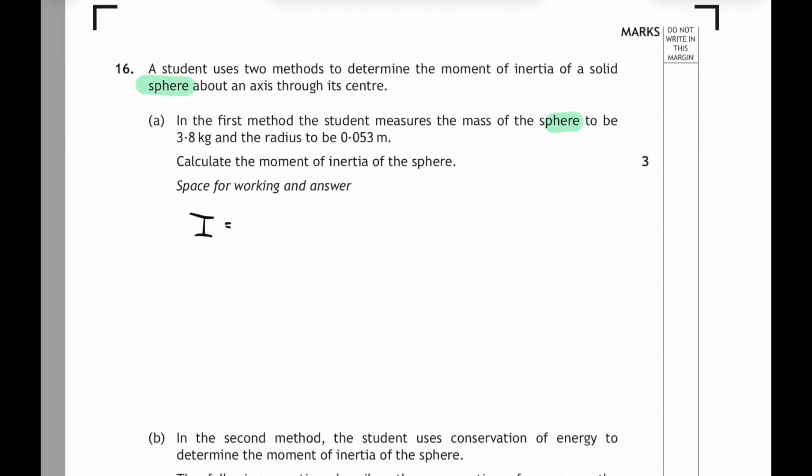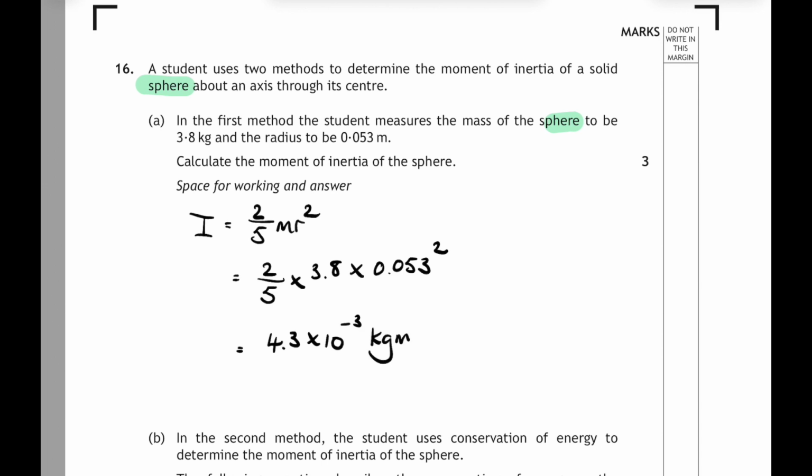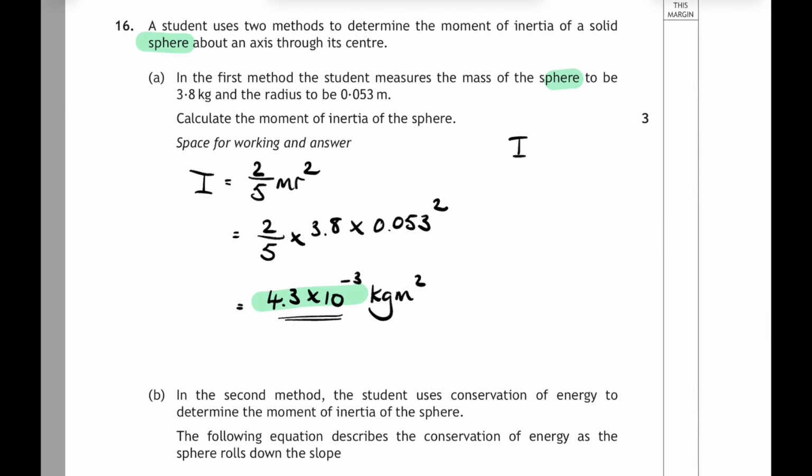So let's jot that down in the space for our answer. So I is 2/5 mr squared, and then we can substitute in the values that we've got for the mass. It was 3.8 kilograms, and the radius 0.053. Don't forget to square it, and that gives you an answer of 4.3 times 10 to the minus 3 kilogram metres squared. Now, if you're unsure about the units for moment of inertia, then just have a look at the relationship. In this case, it was 2/5 mr squared. So mass is in kilograms and radius is in metres, but it's radius squared, so metres times metres gives you